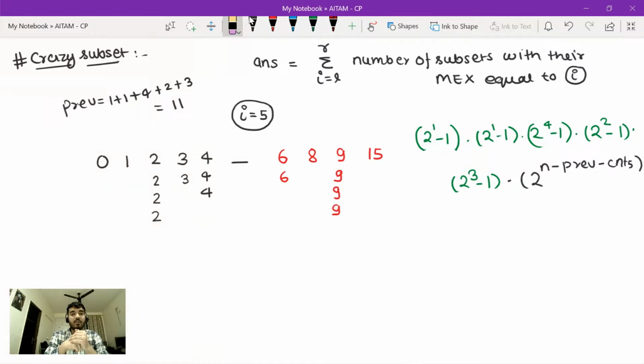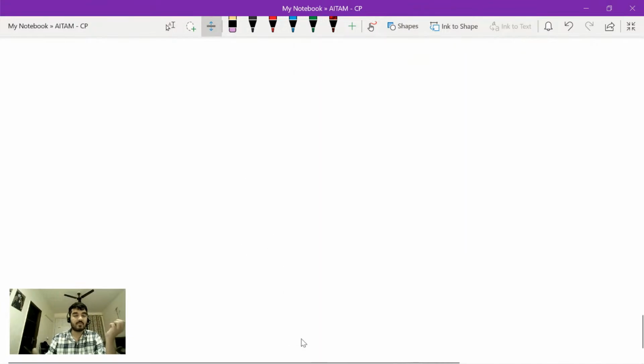And if at any point of time you find that we do not have any occurrence of 5 in my array, then you need to immediately return the answer, because if you do not have 5, then it is not possible to make max as 6. It is not possible to make max as 7, 8, or any integer. If you do not have an occurrence of all the integers from 0 to I minus 1, then it is not possible, right? So let me just quickly write the general formula,